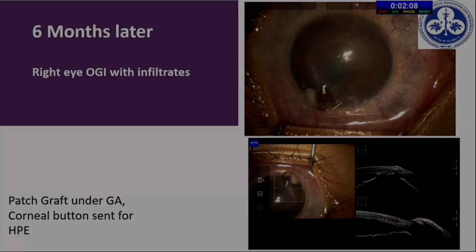But to our disappointment, 6 months later the child presented to us again with trauma to the other eye. That also was a very trivial trauma. He was just writing with a pencil, and the other end of the pencil, the eraser, just hit his eye and he had a perforation. The parents took a little longer, about a week, to reach us.